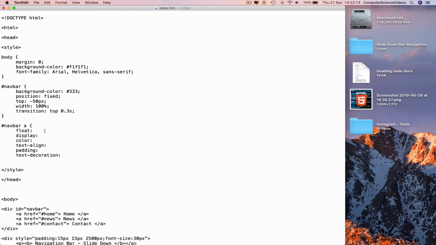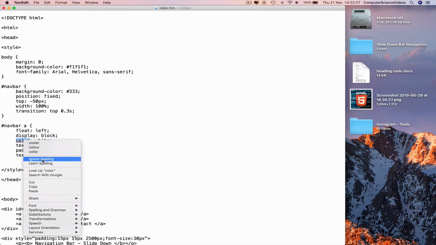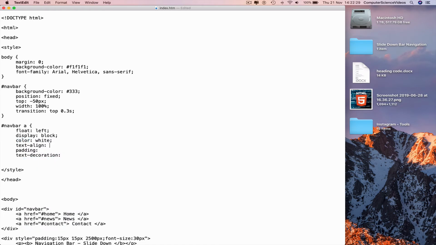Go back to the top after float, left, semicolon, display, block, semicolon, color, white, semicolon. Go to color, highlight, ignore spelling, text align, center, semicolon, padding 15 pixels,